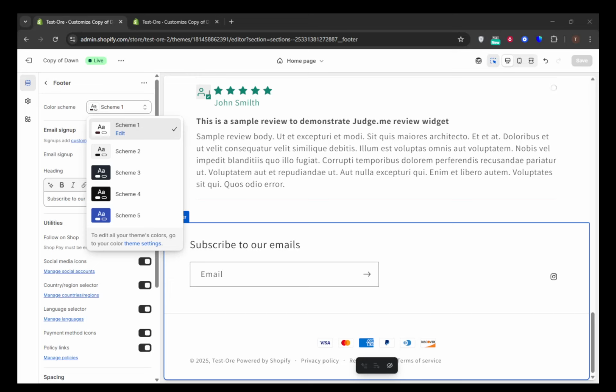In today's video, I'm going to teach you how to change the footer color in the Dawn theme on Shopify. Now, this can be a really great way to customize your online store's appearance and make it feel more aligned with your brand identity. So let's dive right into the process to ensure you get exactly the look you want